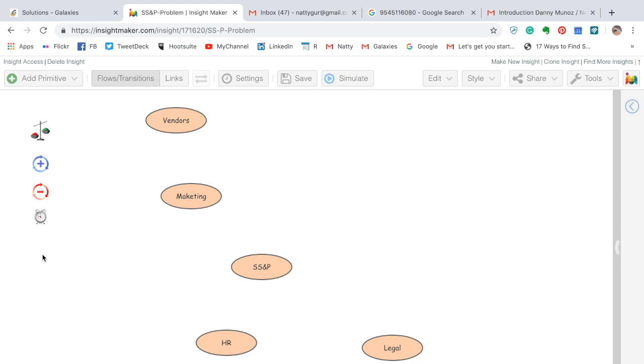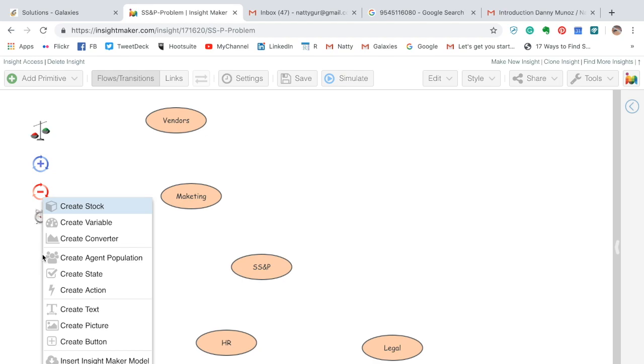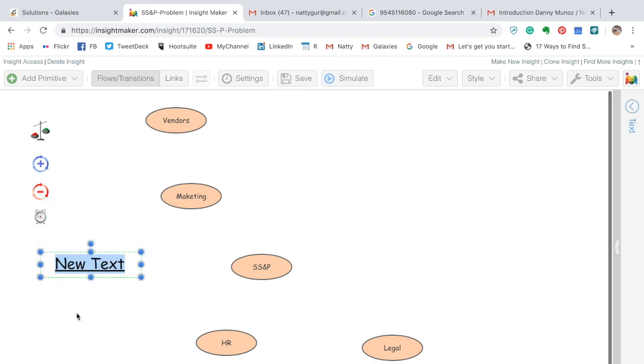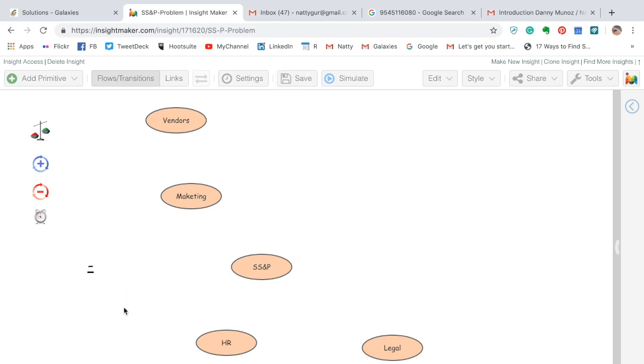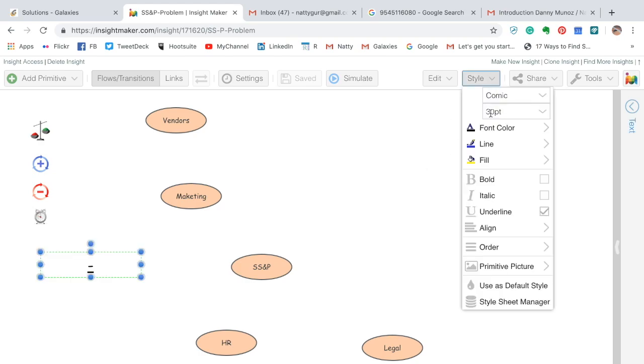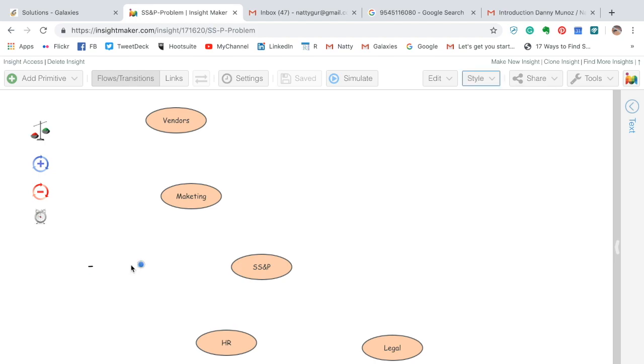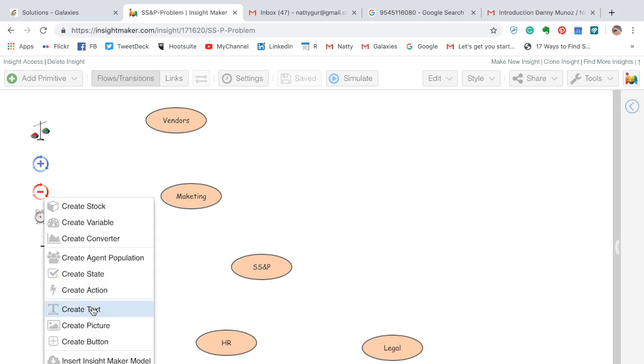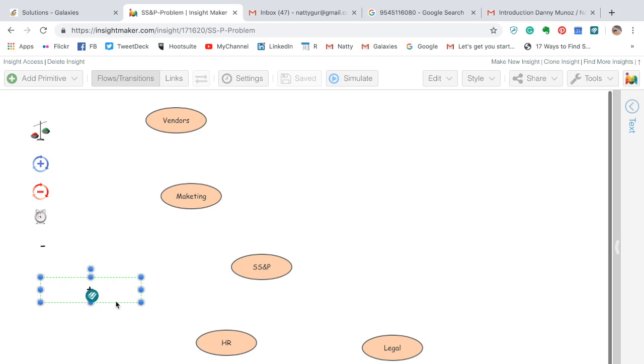It could be a positive impact or a negative impact. So we are going to control and right click, and this time create text. I'm going to do minus, and there are two ways. You see it's underlined, so there are two ways to fix it. One of them is to go to style here and just remove the underline, and again control, right click, create text, plus, it's going to be the same irritating underline,